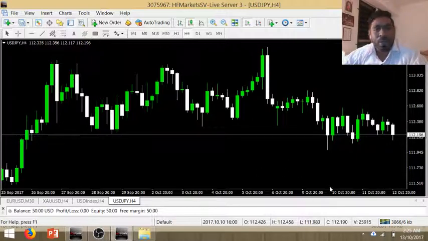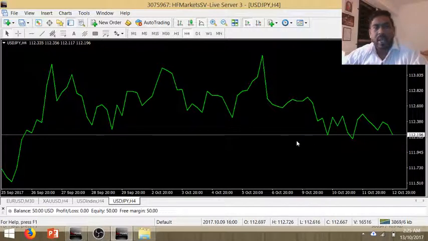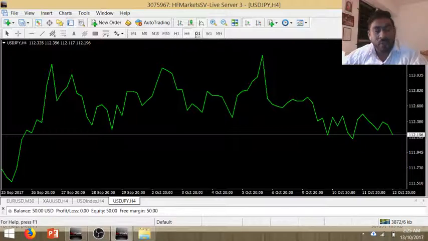So the simplest way to identify the levels that price may move is by switching it to the line chart first. Okay, so once you switch to the line chart, it is still not so easy to see for the untrained eyes, but as you go on practicing this, you will know this is something which is very easily applied. Okay, so I would suggest all of you to go to H4 to identify these levels, because these levels are more consistent on H4,